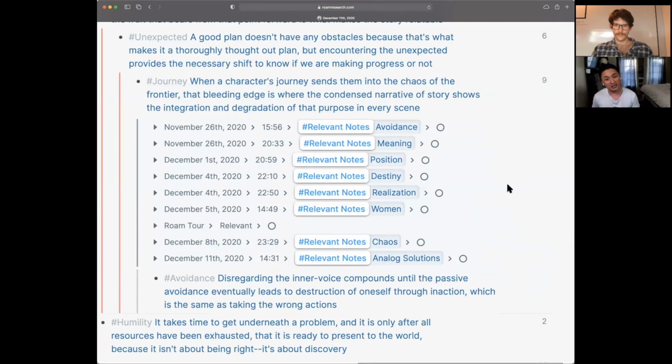And then I look at the indexes: journey avoidance, journey meaning, journey position, journey destiny, journey realization, journey women, journey chaos, journey analog solutions. That's interesting. So looking at the CSS sprinkles that I have, I made it look like a button,